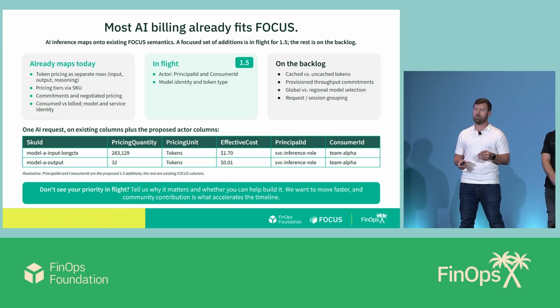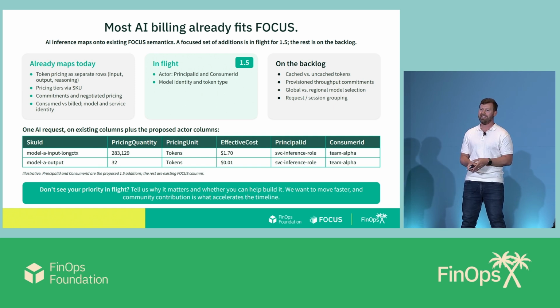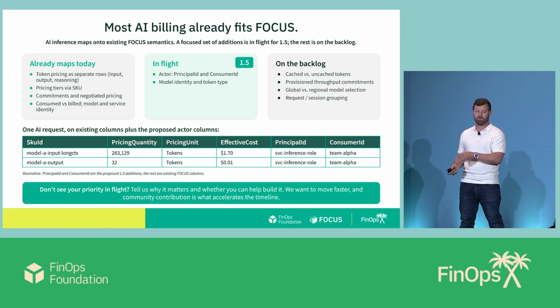We do have some things that are currently in flight. Sean talked on stage today about the idea of how much granularity do you need to truly understand the cost of your individual agents? So we have an example here. Again, take a picture all you want, but don't quote me on this. We're still working on it. It's in GitHub, so you can check the whole thing out yourself. But the idea here is that we want to make it as simple as possible and get to the right level of granularity for you to be able to tell your AI story without completely exploding your billing data to be able to do that.